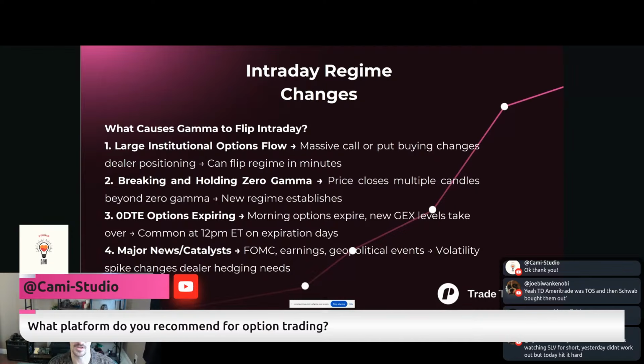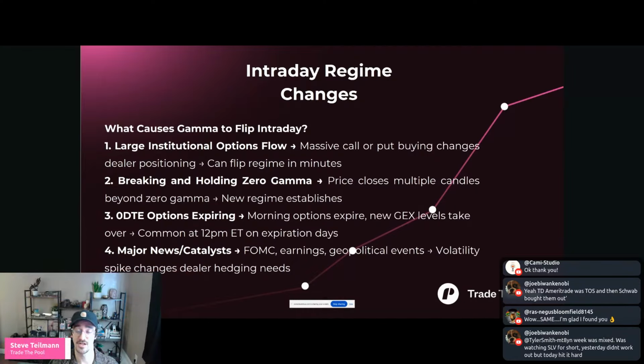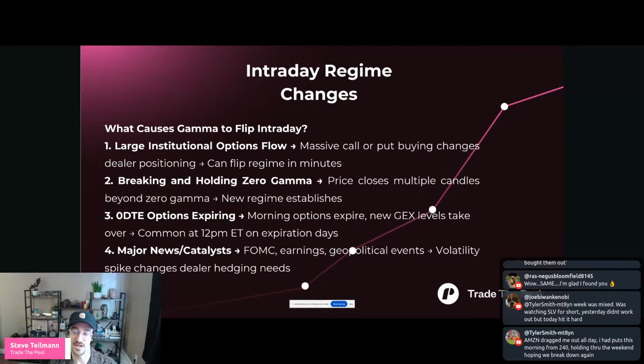And that's really important because, as we talked about in the earlier webinars, when you're in a negative gamma regime trading under that zero gamma level on whatever time frame, you are going to see very different characteristics in price action. So all of our favorite buy the dip price action, that's going to be in positive gamma regimes. When you get into these negative gamma regimes, you can get really aggressive moves in both directions. So that means maybe we're in a downtrend overall. Usually we are if we're in negative gamma. So price is seeking a lower target, but in that process, it can make really jagged moves to the upside as well. And that essentially is going to be these